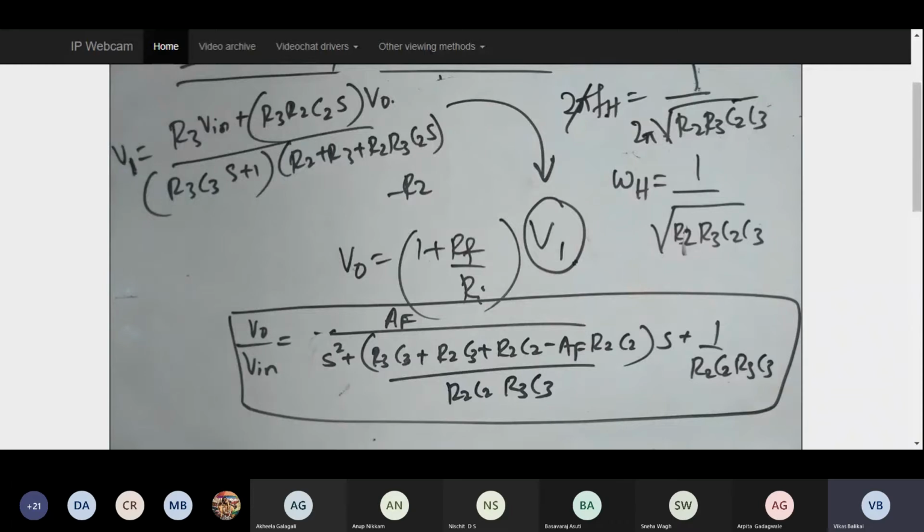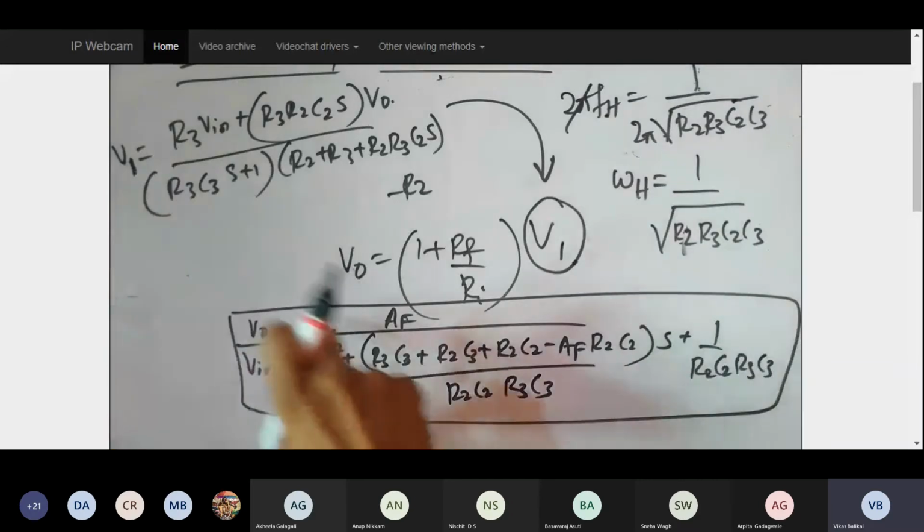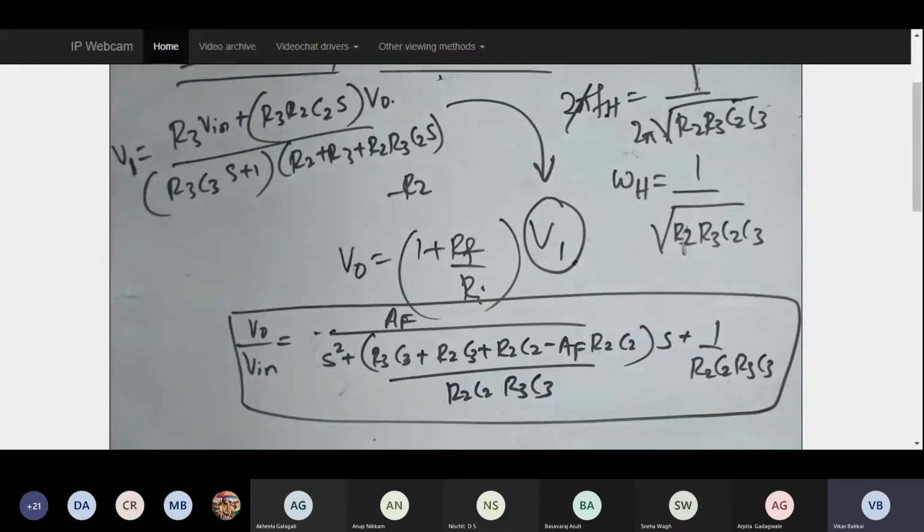Now I cannot claim that this won't be asked in the examination from external examination point of view, but if at all they ask, you should be ready with this derivation. Even when I give any notes also, I'm going to give the final equations only. The remaining mid equations, it is better you solve them or you know how to solve them. So finally, if you can just keep this equation, that would be more than sufficient, because the main simplification will be a very lengthy process. So I don't want to waste the time in that.